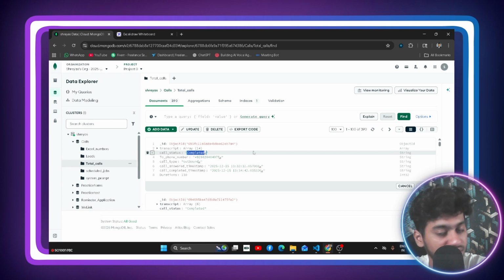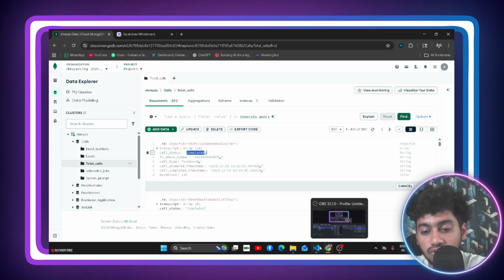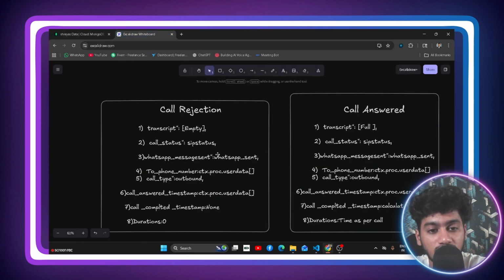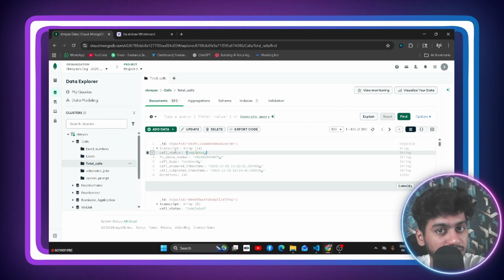If the call is busy or rejected by the user, you can see this is the variable which I have created, SIP status. Let me show you in the MongoDB itself. See, if the call status is busy, that means the user has rejected the call, and if the call is completed, that means the user has picked up the call. Even if the user picks up the call and talks for only 1 second,